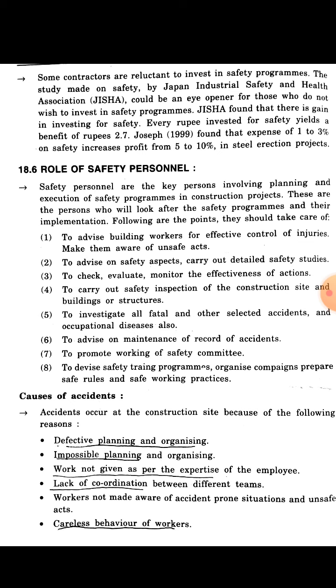First is defective planning and organization, second is impossible planning and organization, third is work not given as per the expertise of the employee, and fourth is lack of coordination between the different team members. Sixth is the worker not made aware of accident-prone situations and unsafe acts, and careless